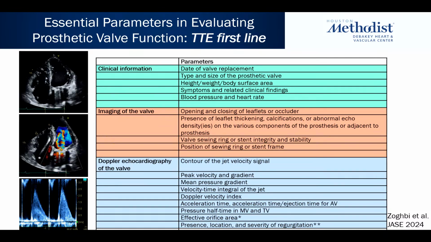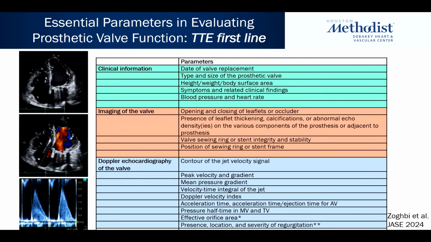This is obtained from the guideline, and I basically divided it into clinical information, the imaging of the valve, in addition to the Doppler echocardiography of the valve. So the clinical information that we usually should get, and hopefully will be part of your imaging history, is the date of valve replacement, the type and size of the prosthesis, height and weight and body surface area, because